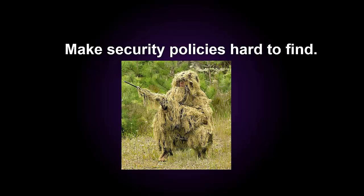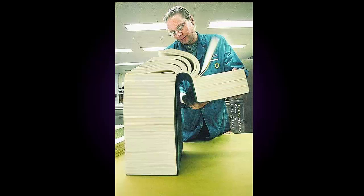Make security policies hard to find. These are the things that tell you what you can or can't do in a network. When you write them, you're going to spend hours doing it and editing it and then getting leadership approval, maybe even lawyer approval. And when you're done, hide it at the bottom of SharePoint in an internal website that nobody ever goes to. And then put a title on it that nobody's ever going to think to search for